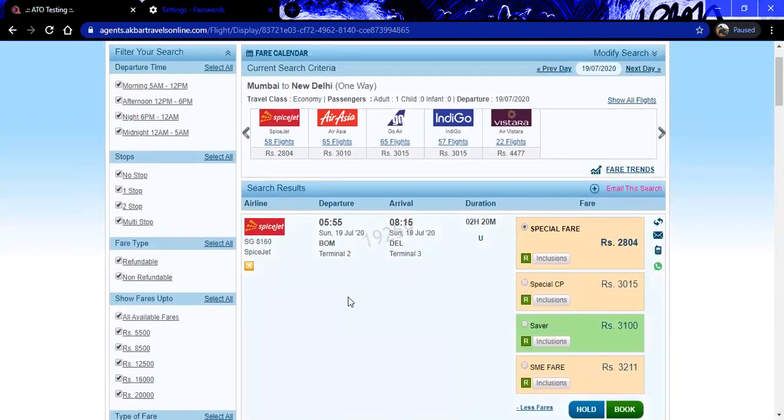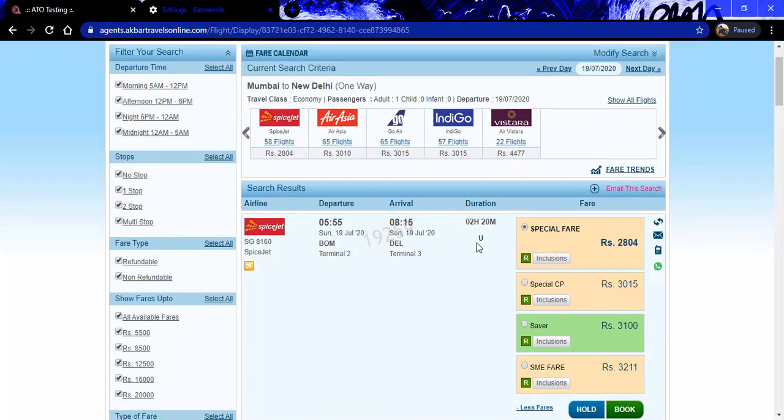Further, we are giving the detailed format of departure and arrival time with the dates and the terminal details. Moving on, the duration is also given, showing how long this flight runs, and below the duration we are showing the fare basis code.